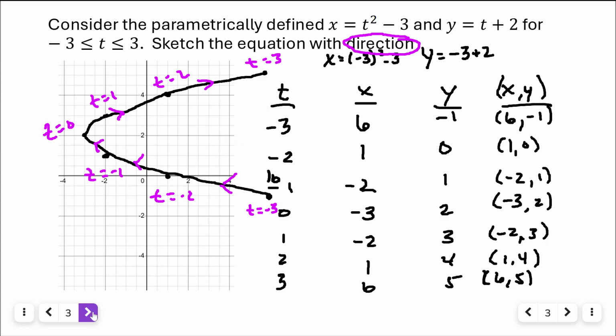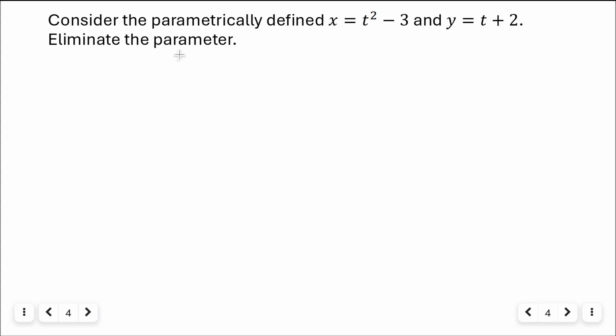All right, so now, finally, or not finally, just about, consider the parametrically defined equations x equals t squared minus 3 and y equals t plus 2. The question is, could you eliminate the parameter and write this equation in terms of x and y? Well, yeah, it's actually pretty easy to eliminate the parameter. I'd have to eliminate t, but there's 2 equations and both have t in it. So if I take the y equation and subtract 2, I get t equals y minus 2. And if I take y minus 2 and substitute it in,